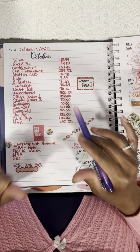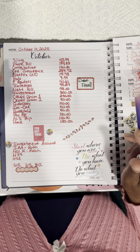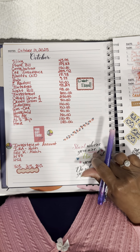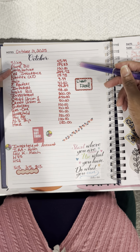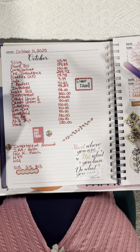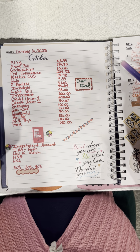So, as you can see, I do have a breakdown of my October check, October 10th, 2025 check. I have a list of all of my bills here. My Sling account, which was $45.99, my phone bill, $184.33, my contributions, $100, my car insurance, $235.72, Netflix times 2, $15.98,